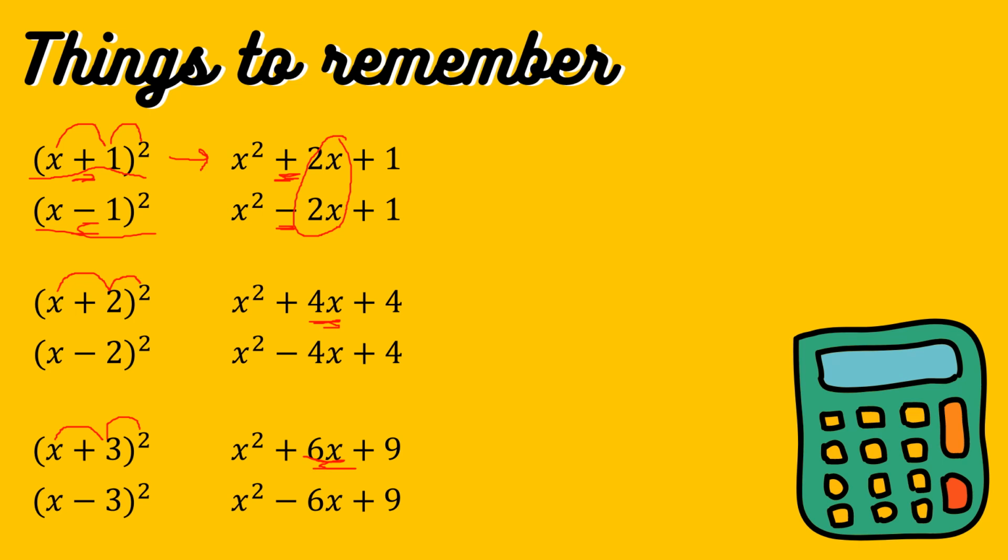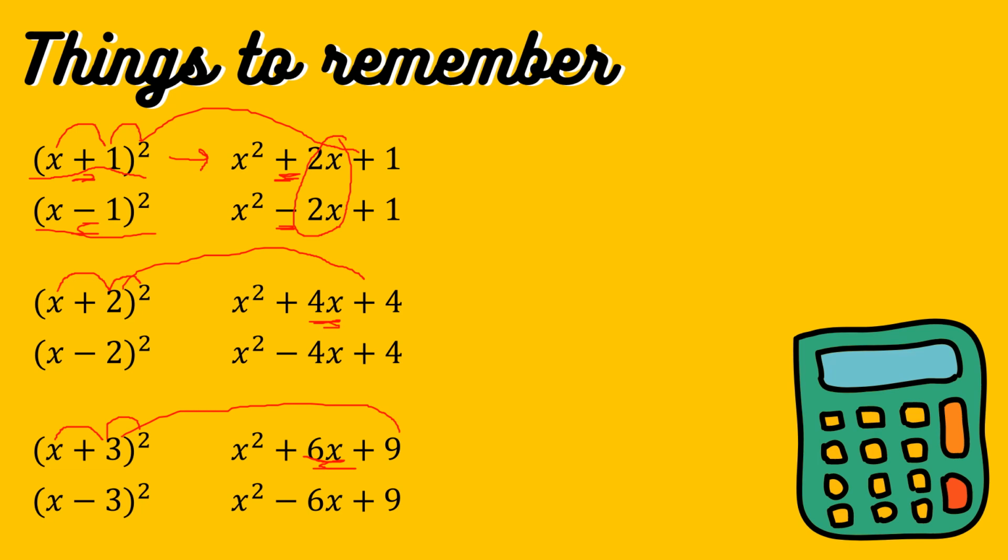And then, for the last term, you just have to square it. 1 times 1 is 1, 2 times 2 is 4, and 3 times 3 is 9. So those are the little things that you have to remember when turning the general form to its vertex form